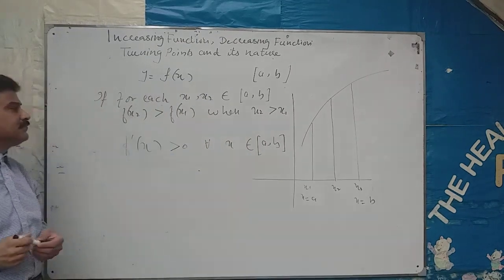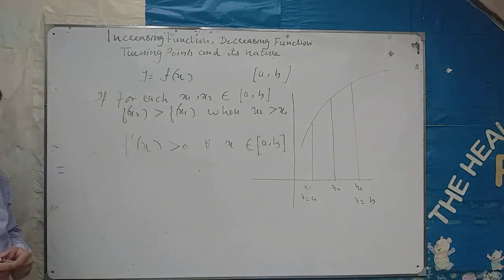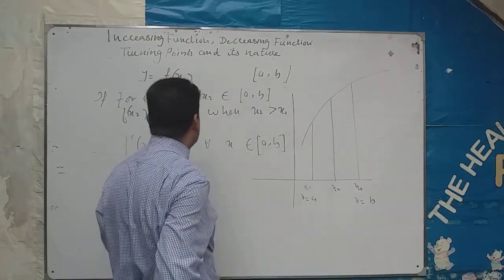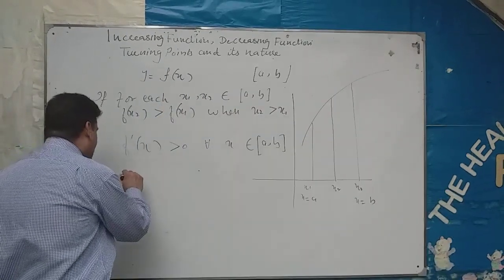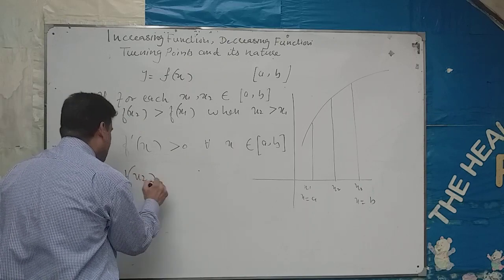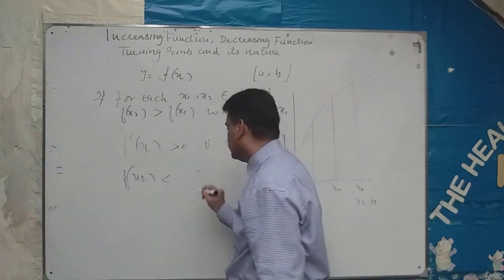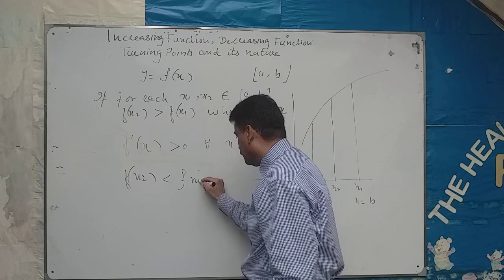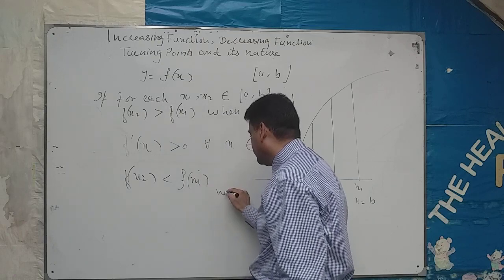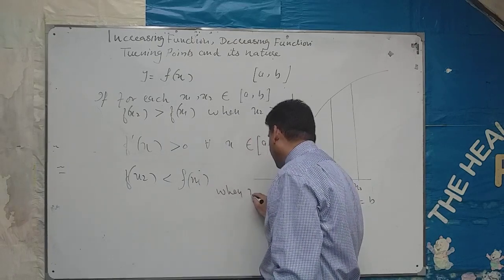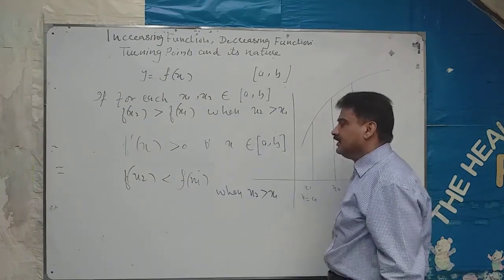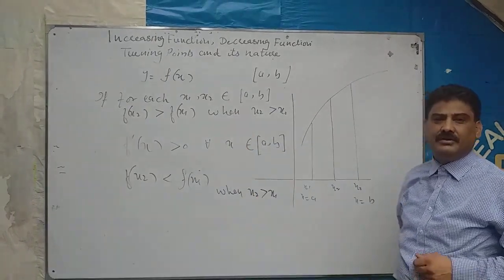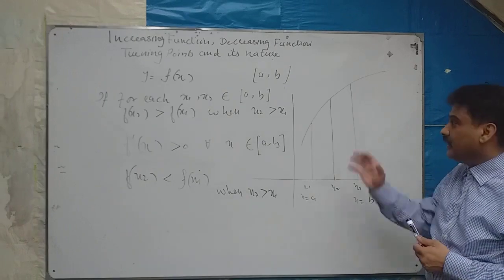Similarly, if for each x1, x2 belonging to a to b, f of x2 is less than f of x1 when x2 is greater than x1, in this case the function is said to be decreasing, and to understand this, we again draw